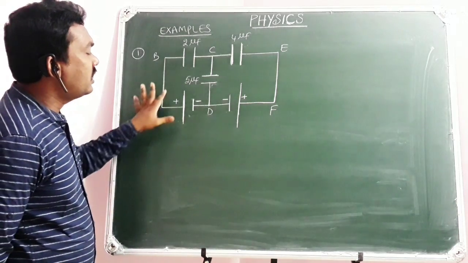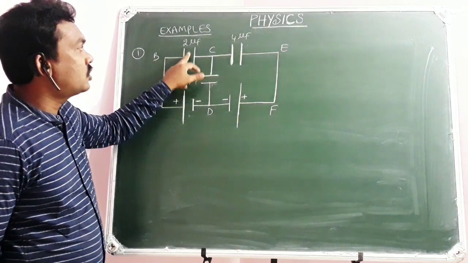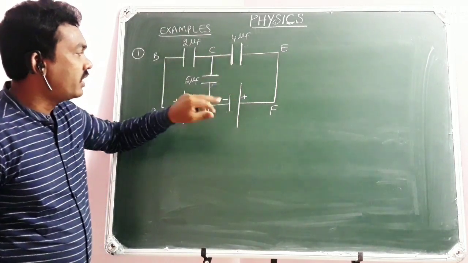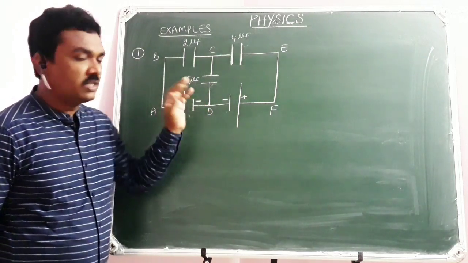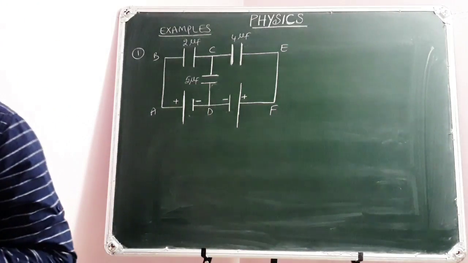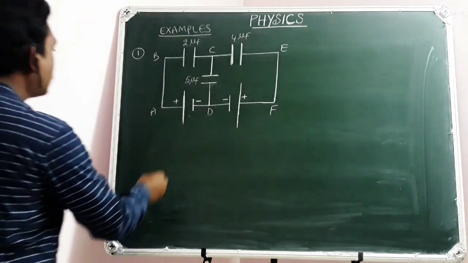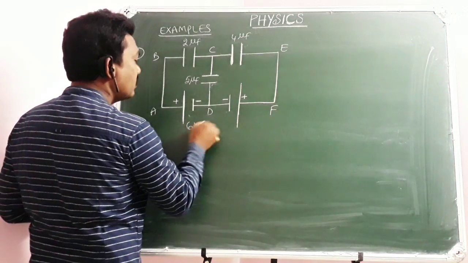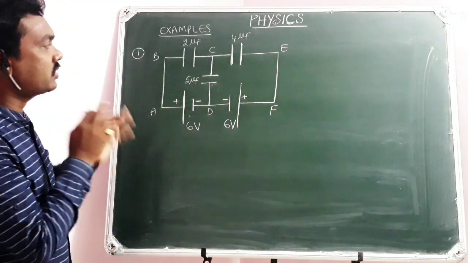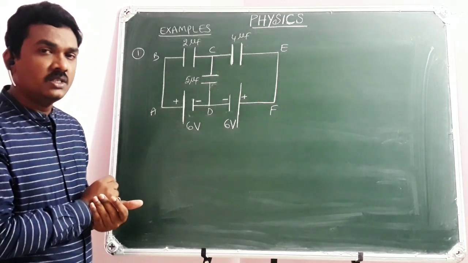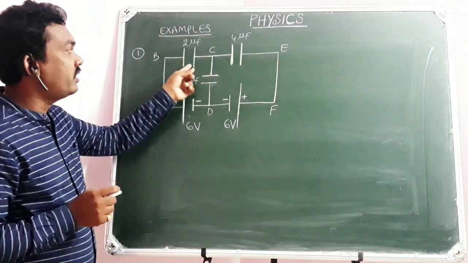So here there is an electric circuit. Look at this. Here there are 3 capacitors. One is 2 microfarad, 4 microfarad and 5 microfarad. 3 capacitors. Of course 2 cells are there and their voltages, 1 minute, let me check the question. 6 volt and 6 volt each. Their voltages are 6 volt each. This is the electric circuit given to you. So the question is, you write down the question, find the charge on every capacitor.